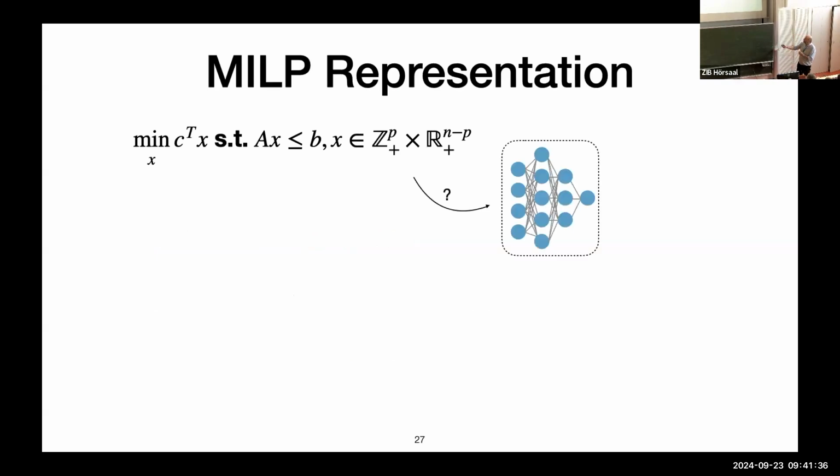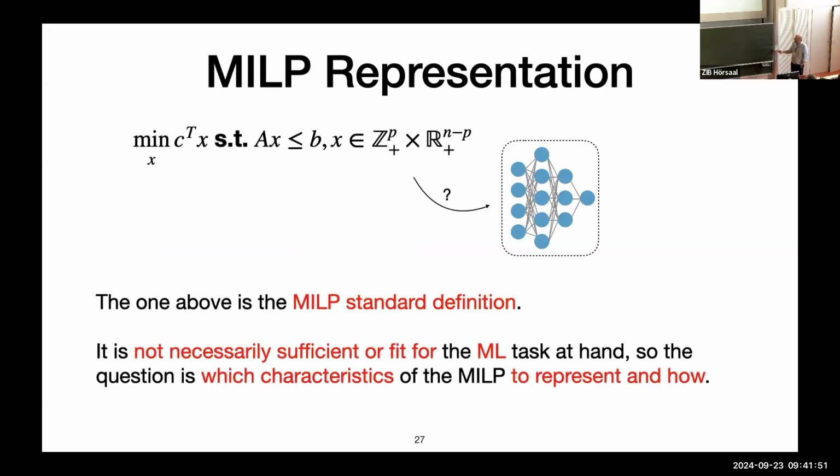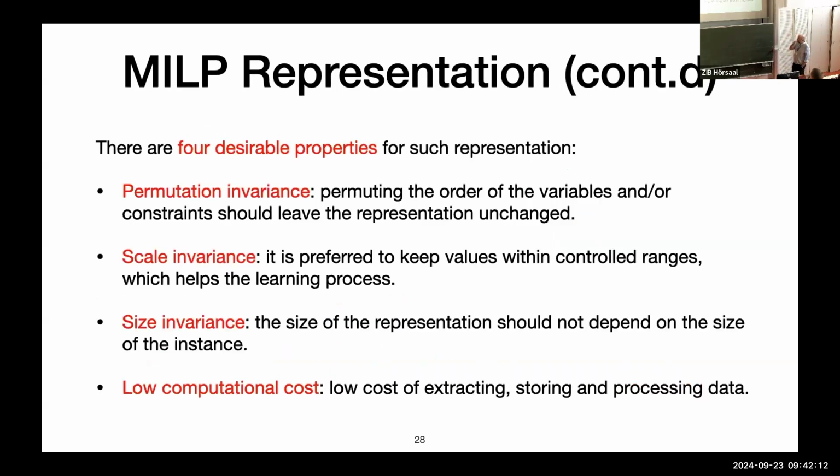And then how do you go from this representation to something on which there is a powerful machine learning algorithm to work on that representation? And it is not necessarily sufficient or fit for the machine learning task at hand. And so the question is, how do you characterize the MILP? How do you represent it in order that the methods that have been developed or new methods can actually work as much as possible? And there are requirements or properties that will be particularly useful to decide your own representation